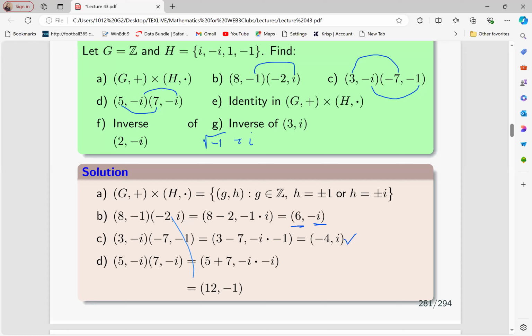So when you square both sides, you get that i squared, therefore, is -1. This is from complex numbers. Now, so what that therefore means is that